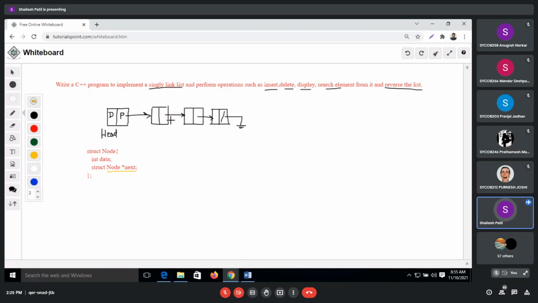So every next node is of type node, so our pointer must be of type node. Now how can we get this? It's very simple. This particular program is very simple as compared to the processing. We'll first see the insert part. I'll just write ins. So we have to first see the insert part.